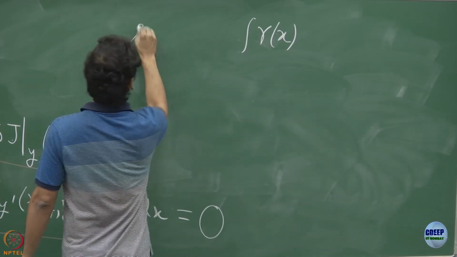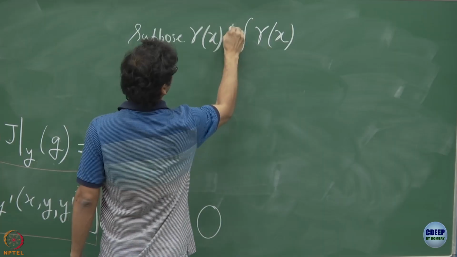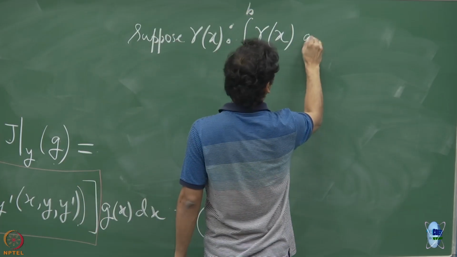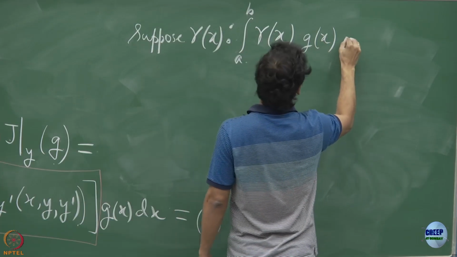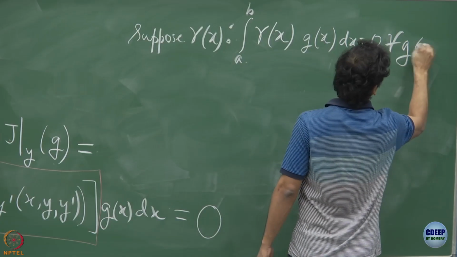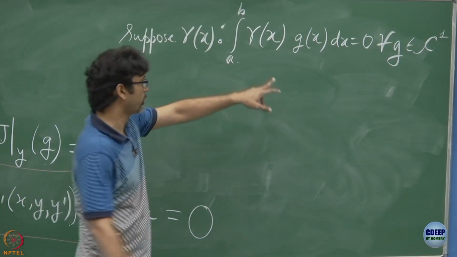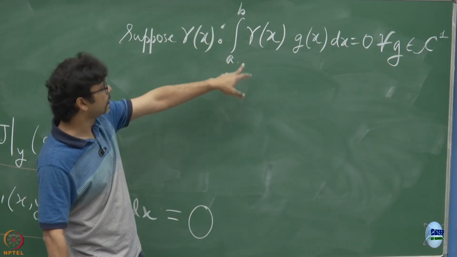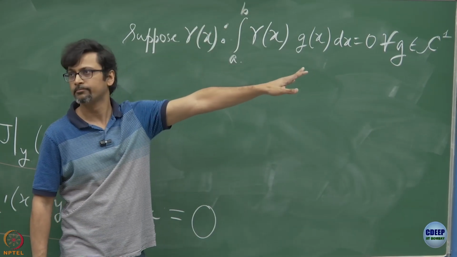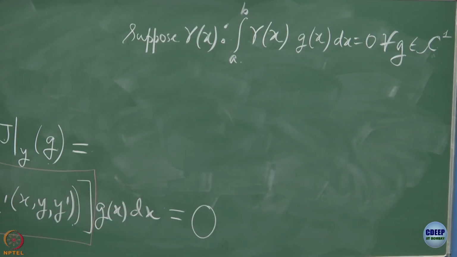Suppose gamma of x is such that over an interval a to b, the integral of gamma of x times g of x dx is equal to 0 for all g belonging to the class of continuously differentiable functions. You understand that from the shorthand notation, when I write C1, it is basically continuously differentiable functions over the interval a to b, spitting out a real number. All of that is implied. I am just writing a shorthand notation here. The claim is then